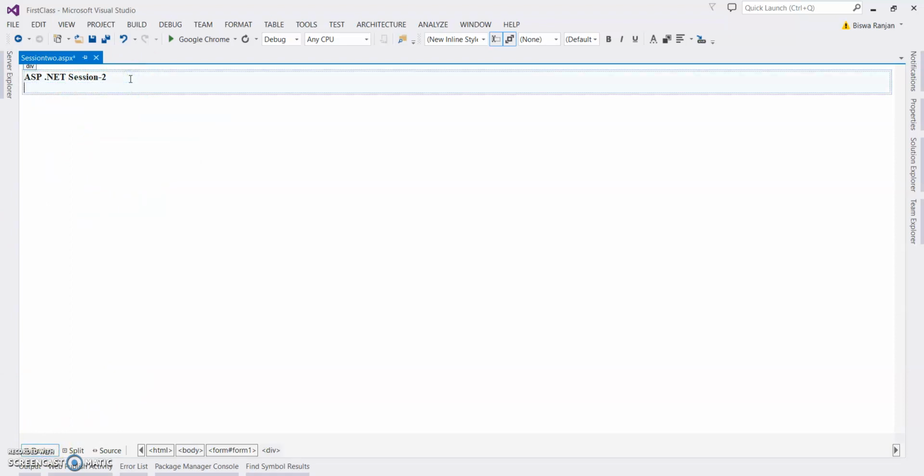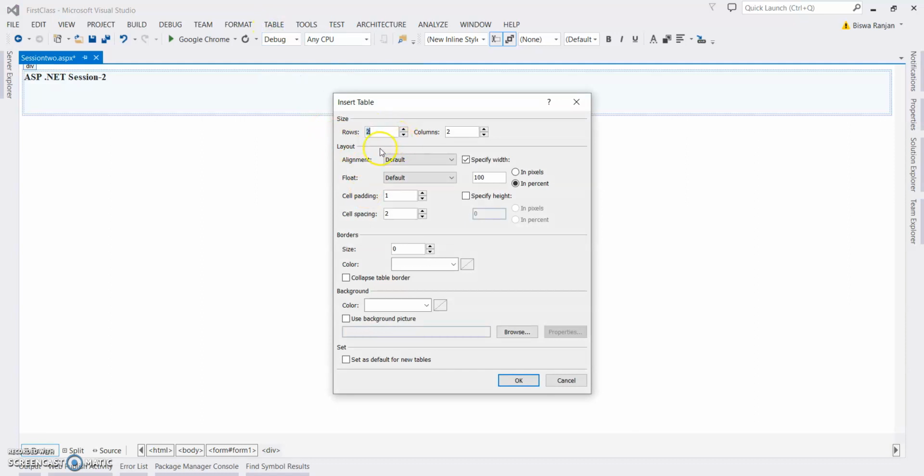You can press enter. You can add your own HTML table: go to Table, Insert Table. Here I want to add a table which contains, let's say, three rows and four columns.